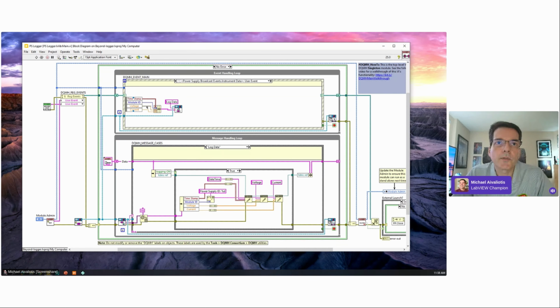So that's why we need to use that ID, and we'll see how we're using it right now. We have a timestamp that's coming back, the voltage and current, and we go to the log data case, and here's the log data. If logging is on, and we'll see the request for that, then